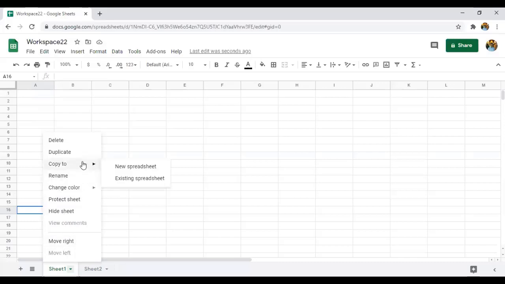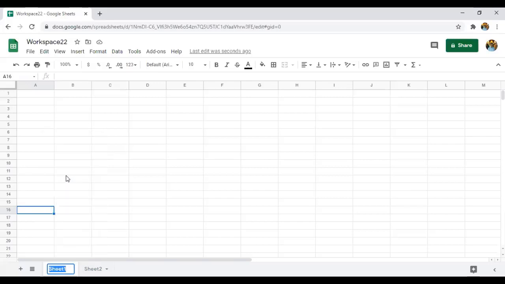Generally, as I told you, you have to rename the file. So if you click on rename, you can give the name here. I'm giving it as sample 1. See, this is how we name the sheet, right?